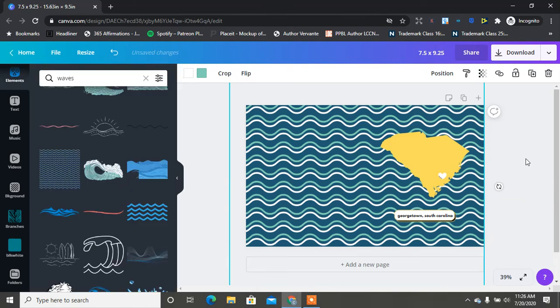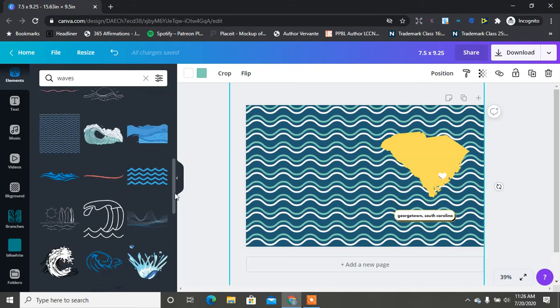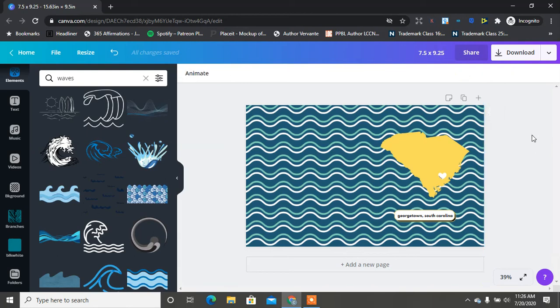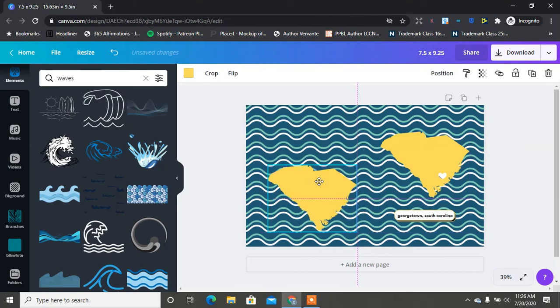So again, still a very cool design for you. Clean, classic, and to me it explains, you know, kind of what South Carolina means to me. The beach, beautiful place, smiling faces. So super clean and classic. But also know that if I wanted to take this and add a little extra something on the back of my book,